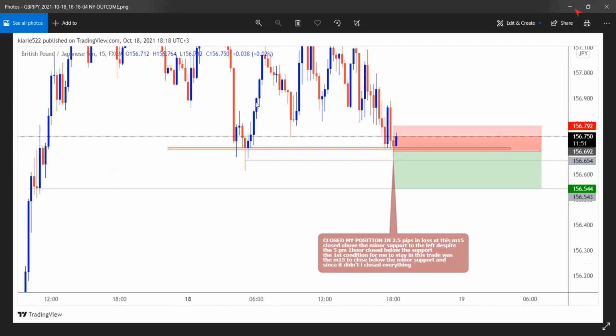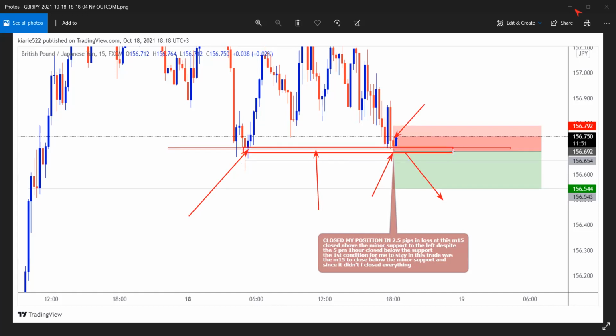To the left, oh, nilikuwa na condition moja mileji. Nimechukua bad trade. So I should have a condition. Unaona hiyo trade, this M15 should close below this support for price to continue in a bearish trend. But vile tu niliona ime close bearish, but ime close above this support. The first condition for me to stay in this trade was the M15 to close below the minor support, and